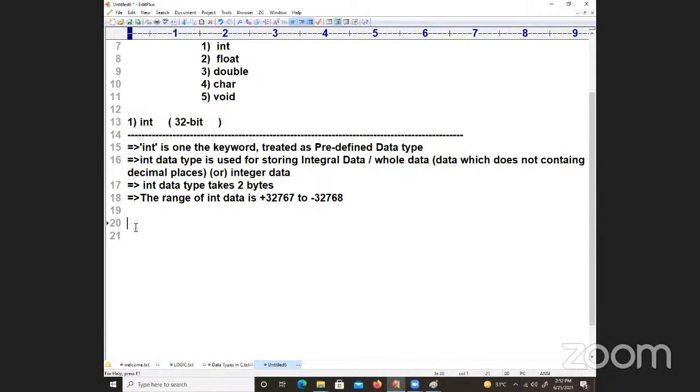Let me show you the varieties of int we will have. So I'm writing one note for you. We have some varieties of int types. That I will show you in the chart. Signed int, unsigned int, long int, unsigned long int, signed long int. So many things are there. So learning C language data types is not that much of a joke as people are saying, because learning C language data types is really an art.